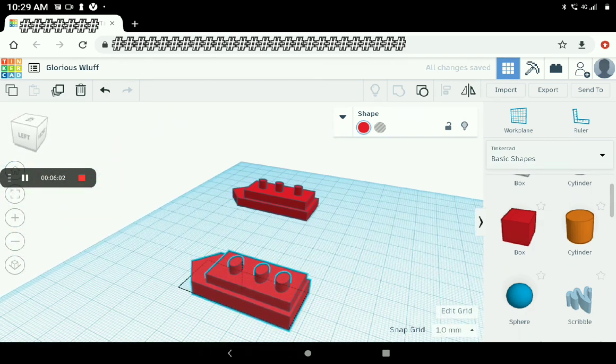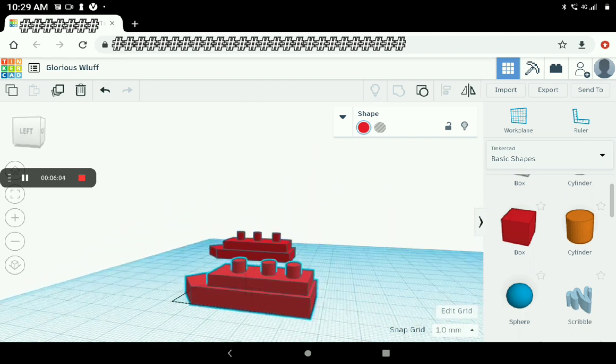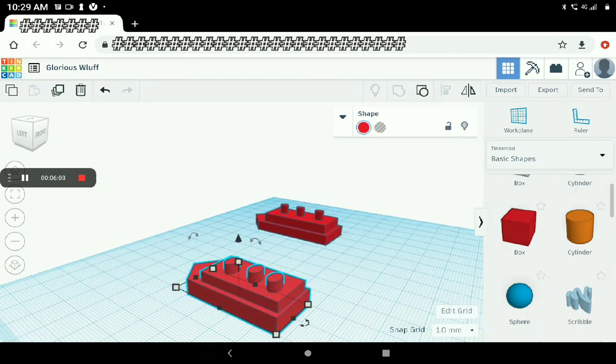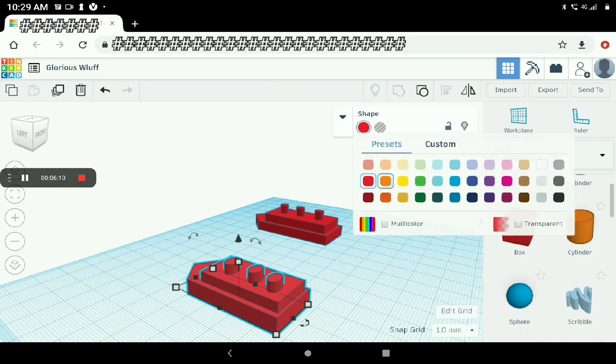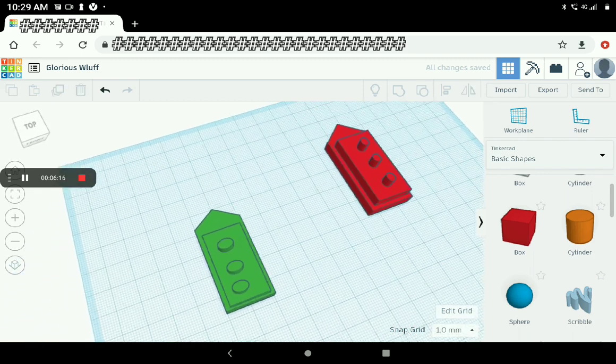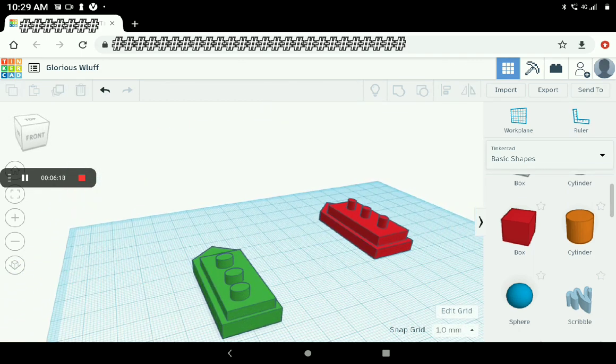I can change its color also. For that I will go to the color options like this. My favorite color is green, so I will choose the green color. Now the boat is complete,